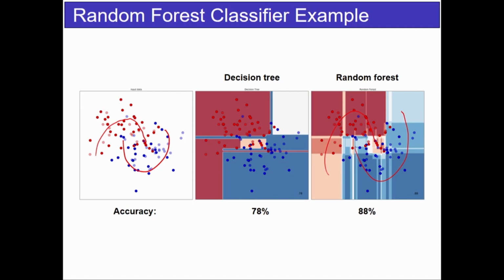But the decision tree tries to overfit too much, and you can see very strange patterns. Of course, both get right this corner here, it's easy. The problem is the central part, where you have to be careful, and random forest does a much better job of doing it than decision trees. So just an example of how it would finally look. You can see that the decision tree looks neater. There's only a small number of colors, just blue, red, and white, and yellow. But random forest looks all over the place.